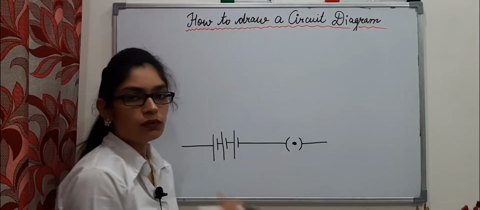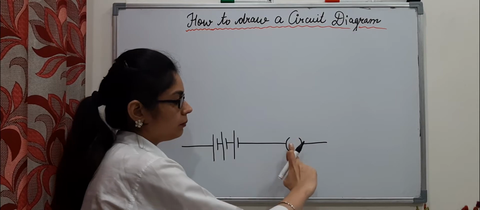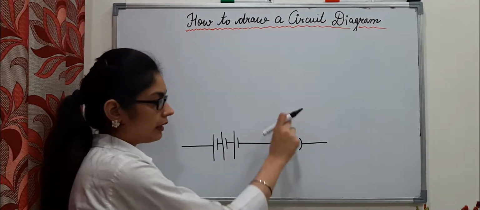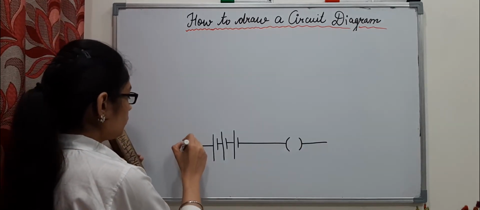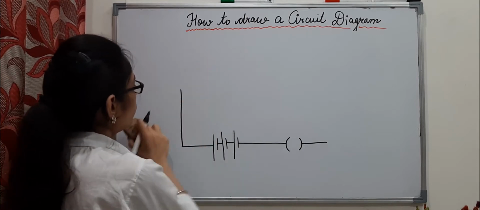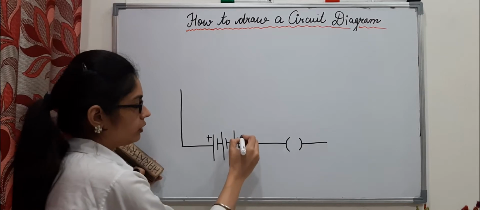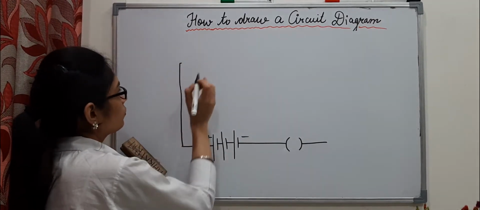So if the current is flowing, then you have to put this dot, meaning the symbol should be of a closed switch. If the current is not flowing, then it should be an open switch. Now, we have to draw everything. This is the positive terminal of the battery. This you have to mention. This is the negative terminal of the battery, and here